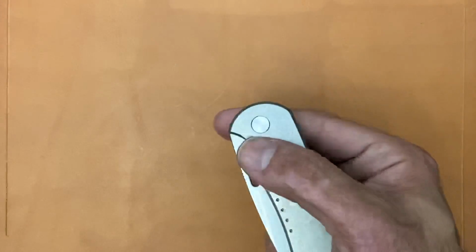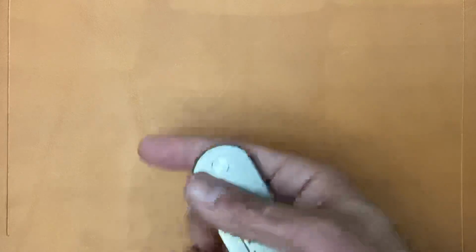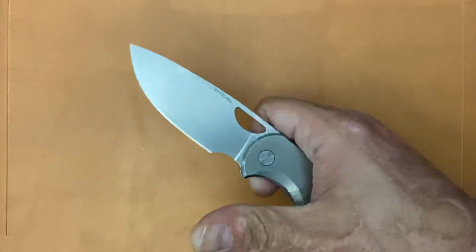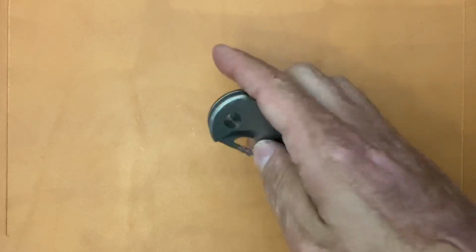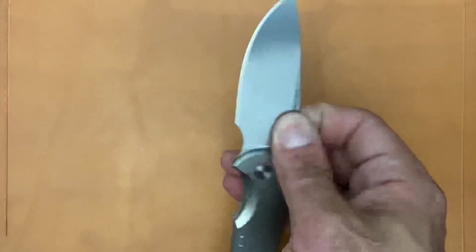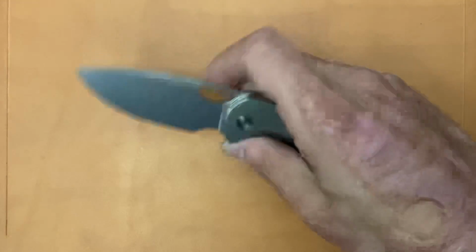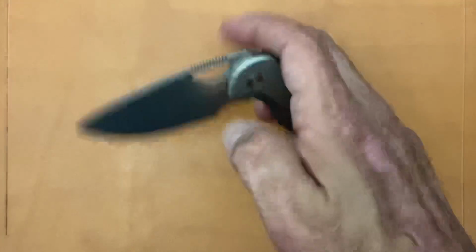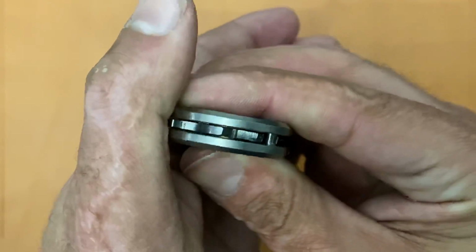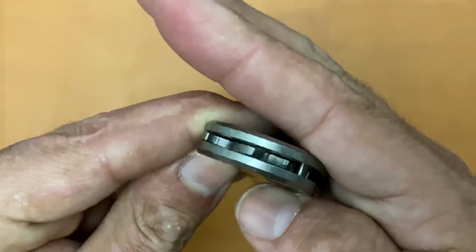Your deployment, I don't know if I showed this. I'm getting the video I just did confused. That blade hole, you can spydie flick it. You can thumb flick it, and then you can slow roll it, and then you can do the spydie drop too, like that. All that very easily because it's nice and smooth. It's riding on phosphor bronze washers, as you can see in there. And I'm not sure,